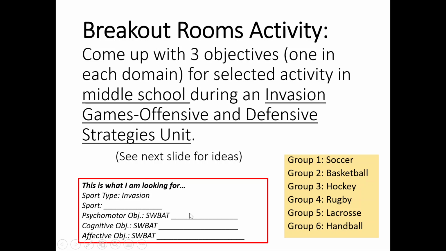And again, if you feel like you need a little more practice with this, read through the objective writing guideline document. That document really explains in greater detail how to write objectives. But all of them will start with your audience. The student will be able to, give me some type of describing word or action word, and then what product. So what specifically are you looking for students to be able to demonstrate or cognitively tell you or affectively demonstrate with a group. Okay, so that's all you would need to submit for this part.